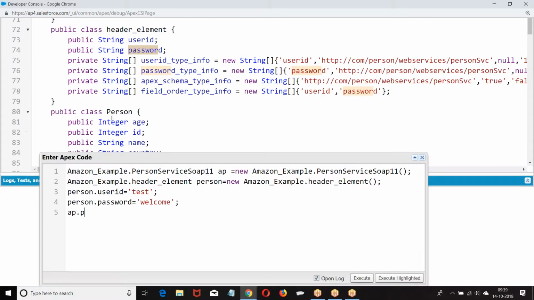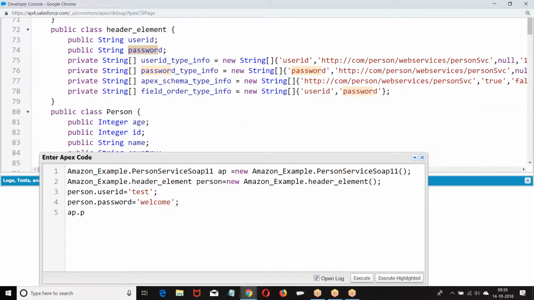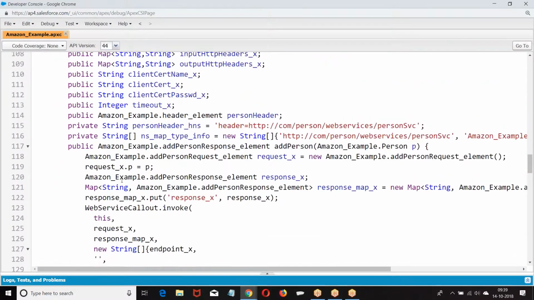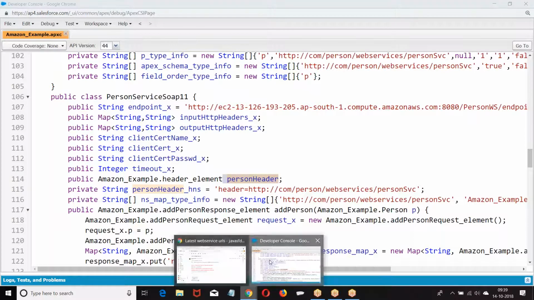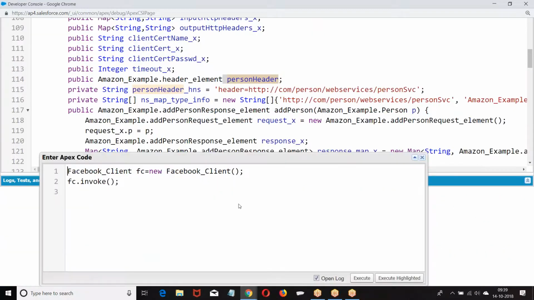Now, what should I do? After creating the header element, whatever header element I created, I have to add to this. Person header equal to that's the code.